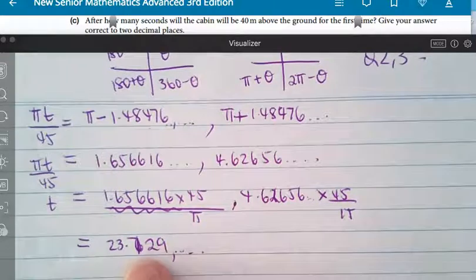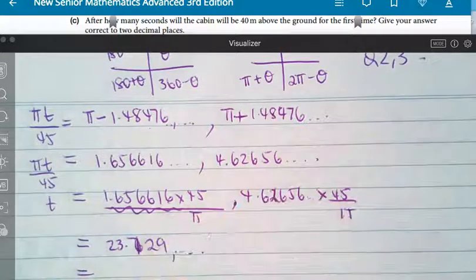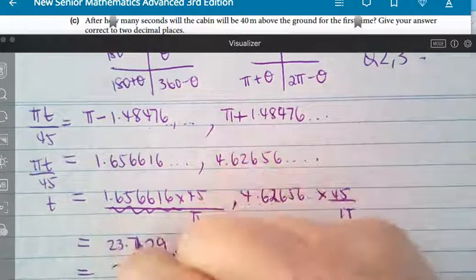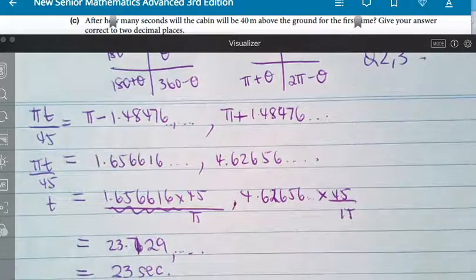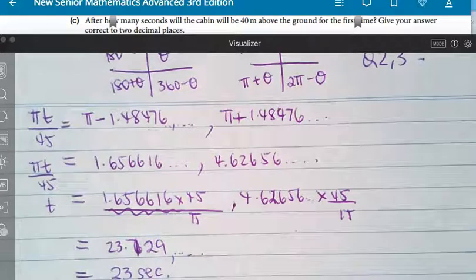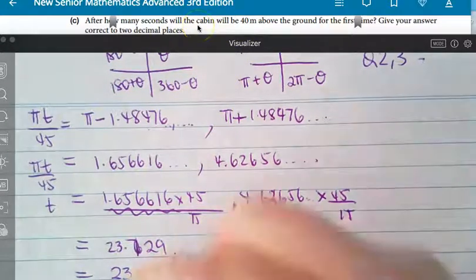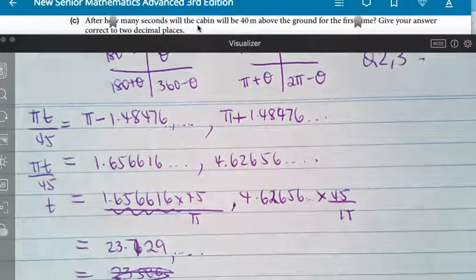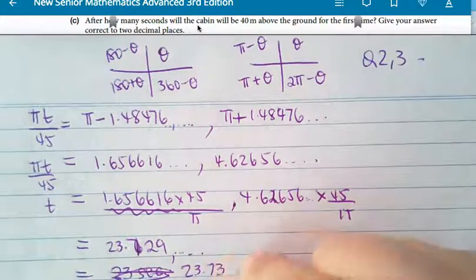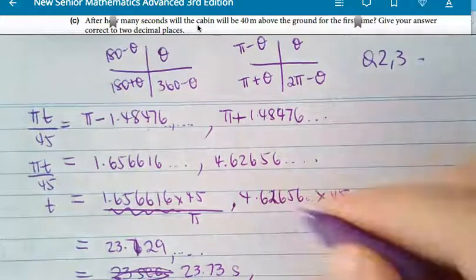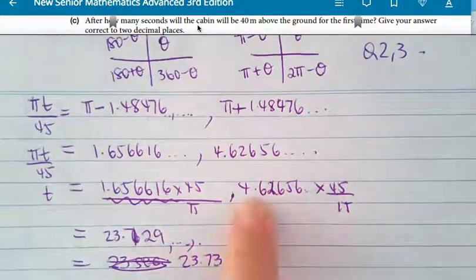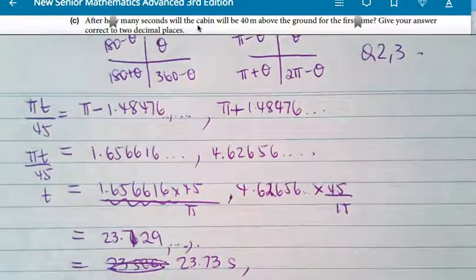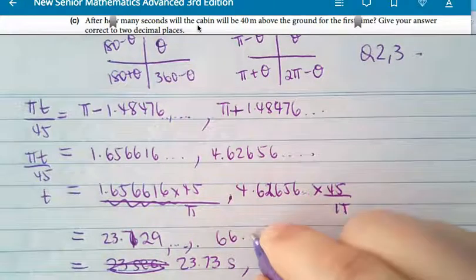Now, just keep that one there. Can you change it to degrees and minutes, please? Because that will do time for you. So 23 seconds. Actually, now press DMS. Sorry, I know it's painful. DMS, thank goodness. They're asking for 2 decimal places. So what's the answer? 23.73 seconds. And what would the other one be? That times 45 on pi. And 66.27